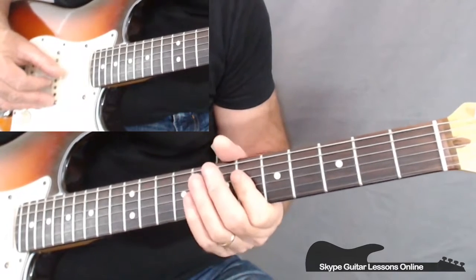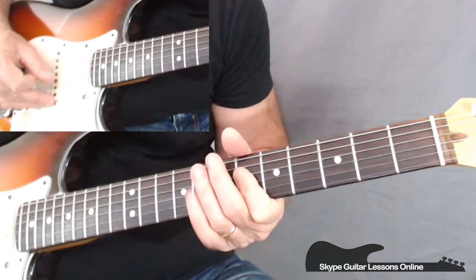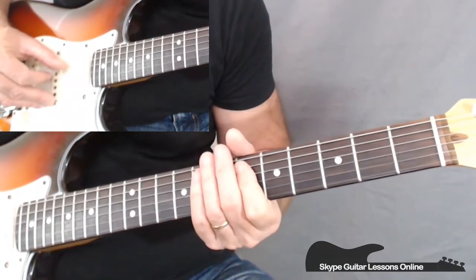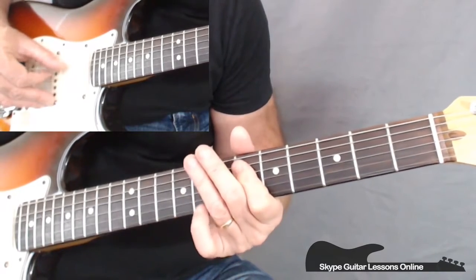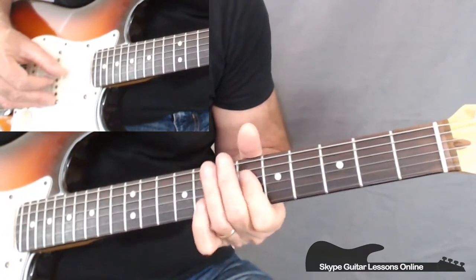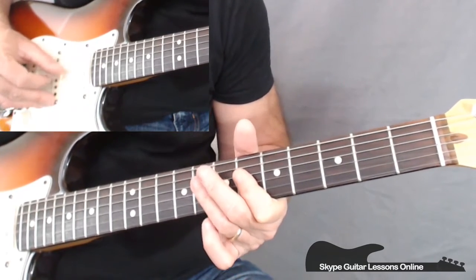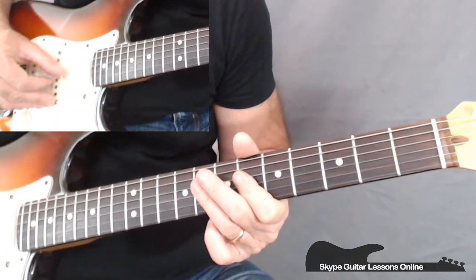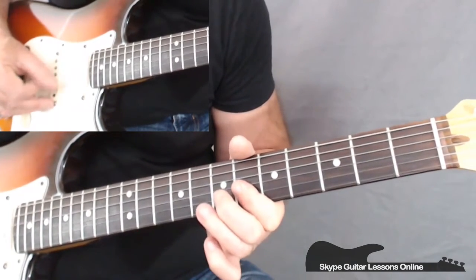Moving back to 6 on the D and G. And then I cross over to the A and D string doing 6-6. And I do a hammer on to 8. And then back up to 6-6 on the D and G. And then finishing off on 8 on the D and G. So I get